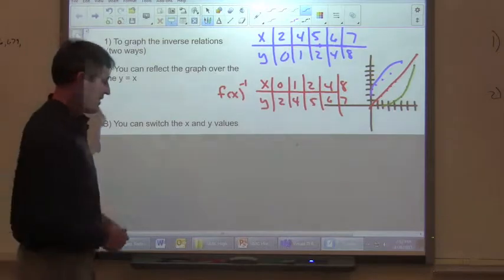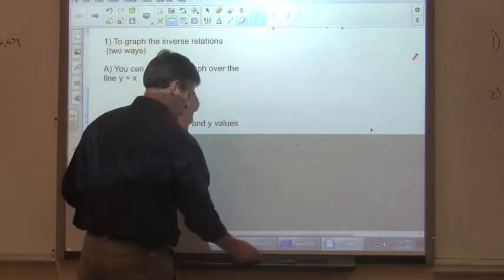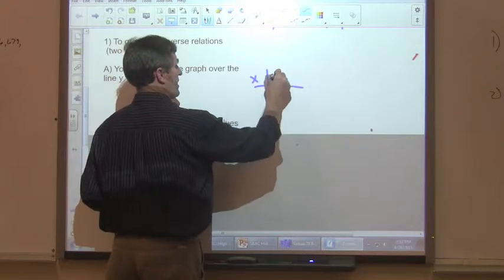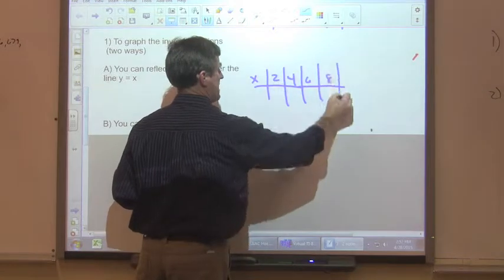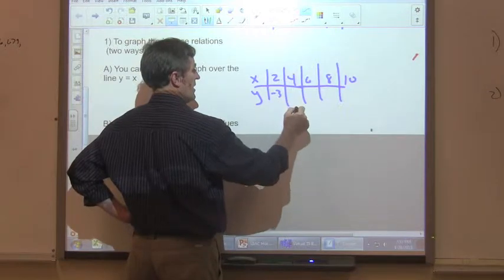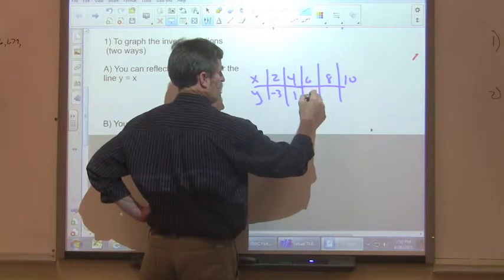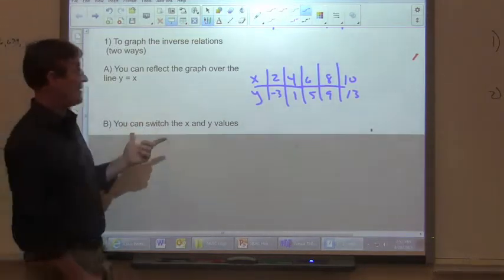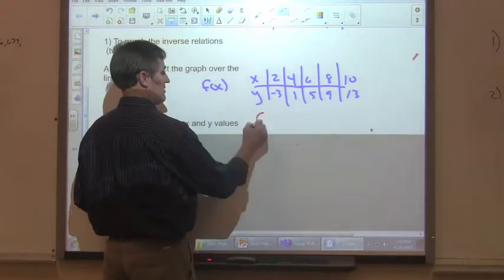So when you're doing these, the easiest thing to do, we can take any values. So let's let x be 2, 4, 6, 8, and 10. And my y values, let's go negative 3, 1, 5, 9, and 13. So if they ask you to find the inverse of this, this is my f of x. So my inverse of that